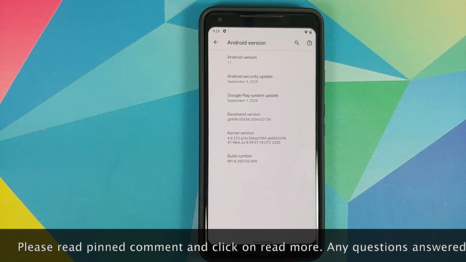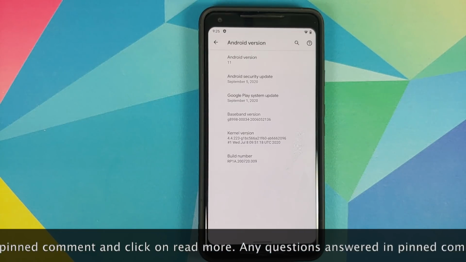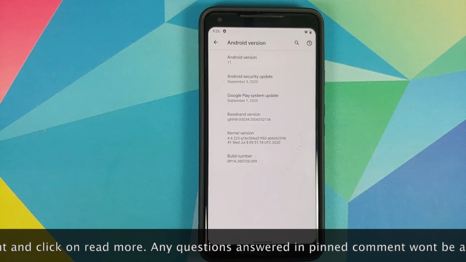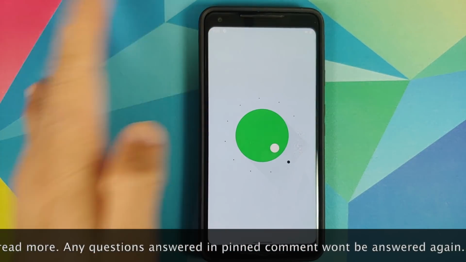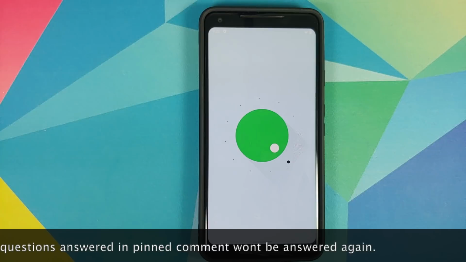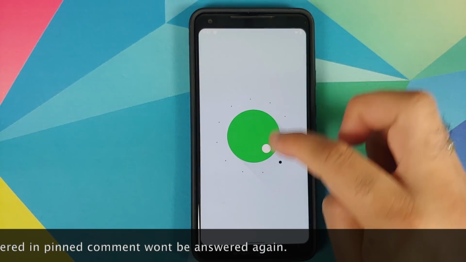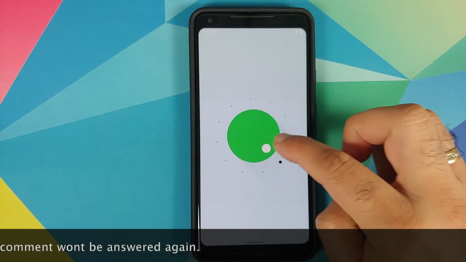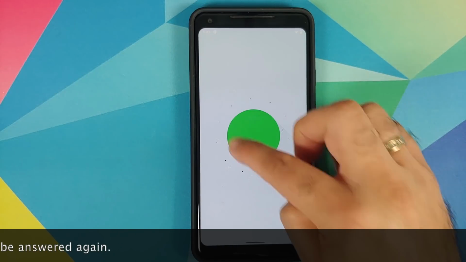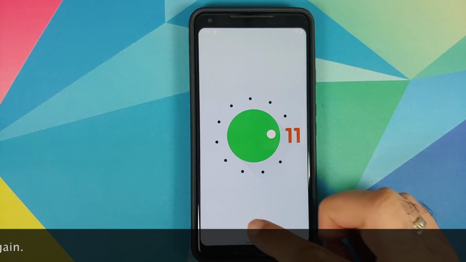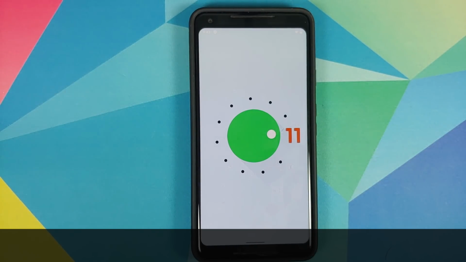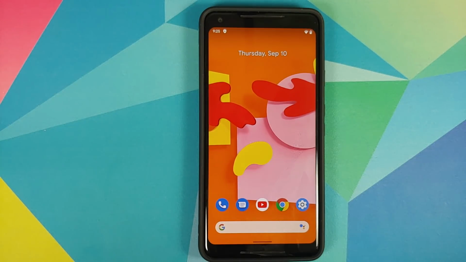As you can see, I am running Android 11 on my Pixel 2 XL, and right off the bat the first new feature is the new Easter egg, which Android versions are famous for. This here is the new Easter egg, and of course you also get a game with it. In case you want to know more about it, I do have a separate video about the Android 11 Easter egg, which you can find in the description of this video.